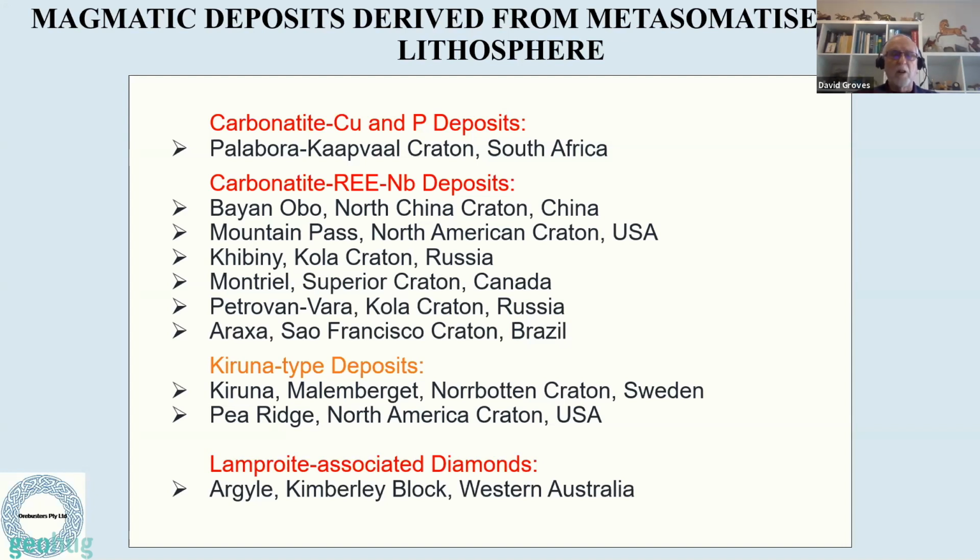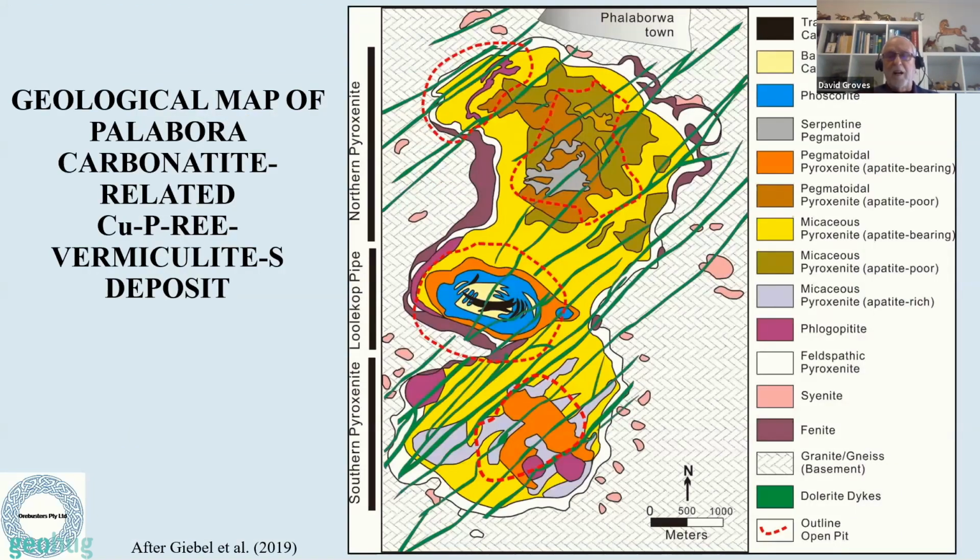They're the groups that one would put in this group that would be on these margins. So if we look at Palabora, for example, I can't remember how many industries are set up around there, but certainly there's copper, phosphorus, rare earth elements, vermiculite, sulfur, and so on, all around this one complex. You can see the scale. You can see a kilometre down at the bottom there. This is a massive system with a carbonatite with a phosphorite rim that's containing the copper, and then all these pegmatoidal pyroxenites,